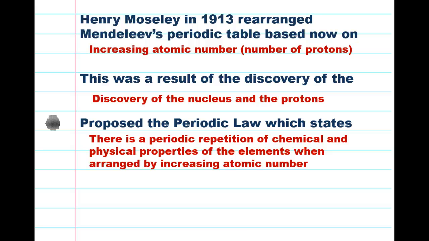And very simply what that means is, once you get to group 18 and you go down to the next energy level and you start with group 1, you're starting all over again with the same or very similar chemical and physical properties, and those are going to continue. That pattern's going to continue until you get to group 18 and go back to group 1.